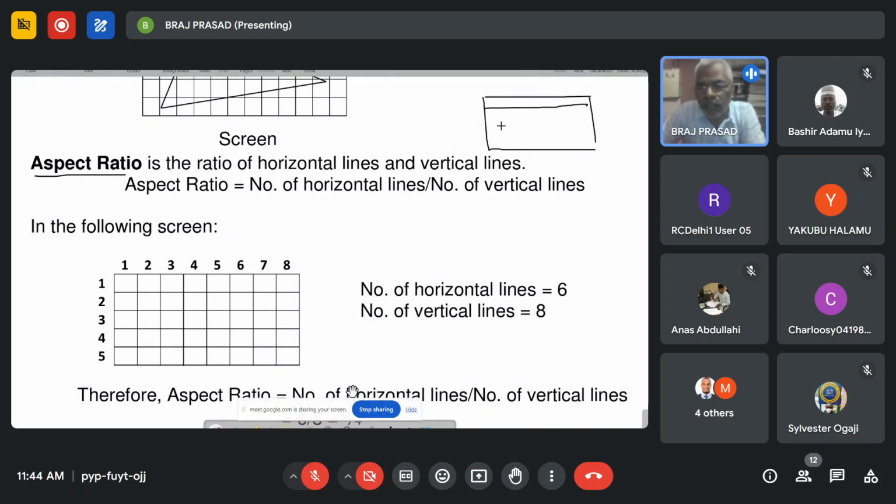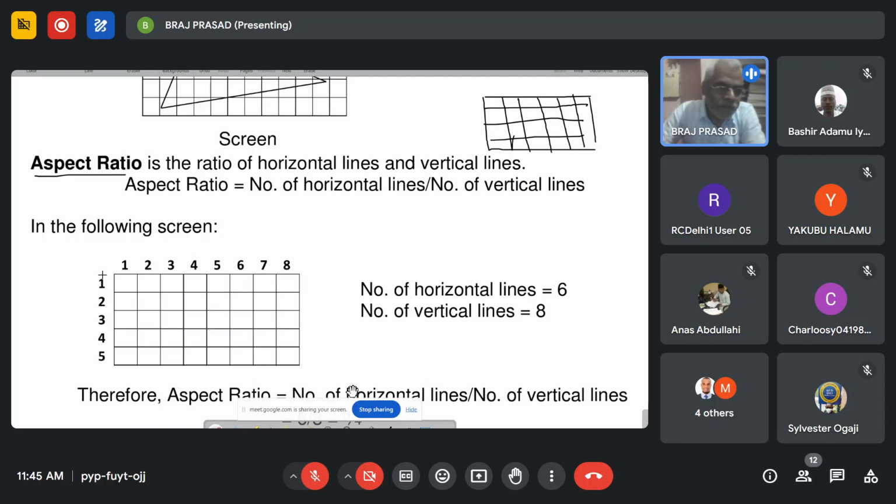These are our rows and these are our columns, then we divide the number of rows by the number of columns. For this example, there are 8 vertical lines, and 5 horizontal